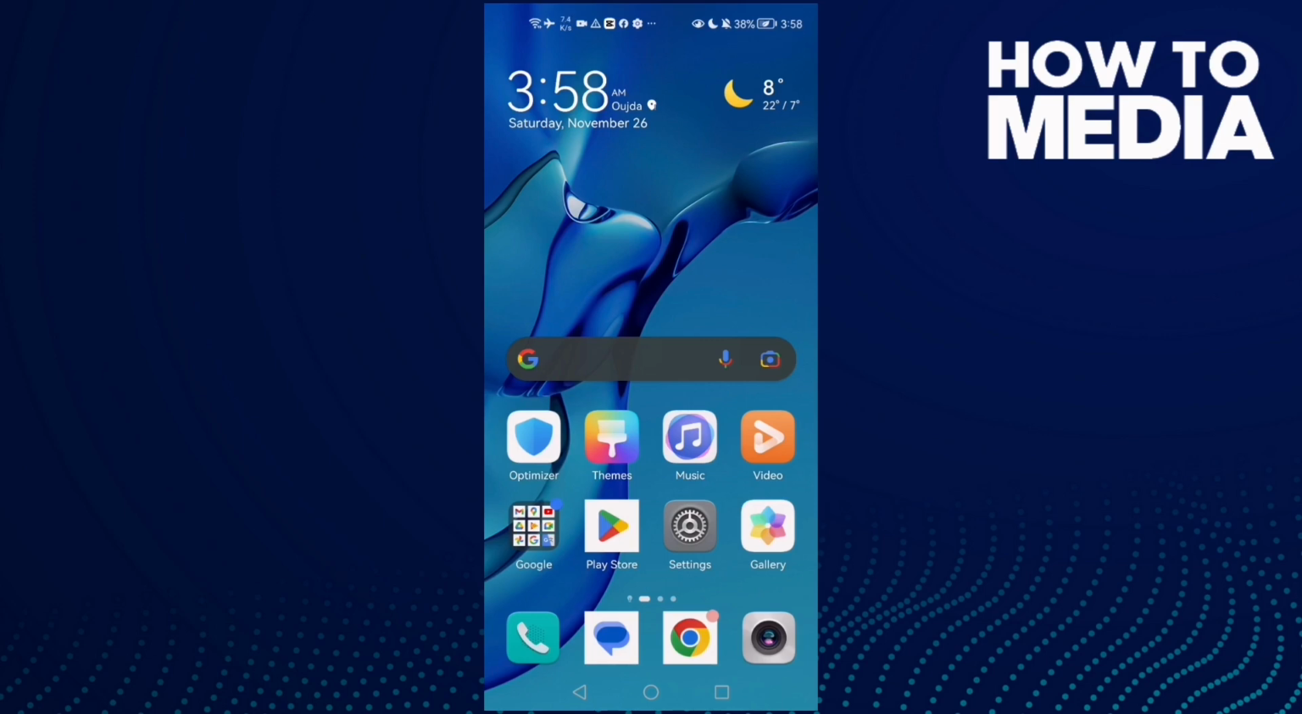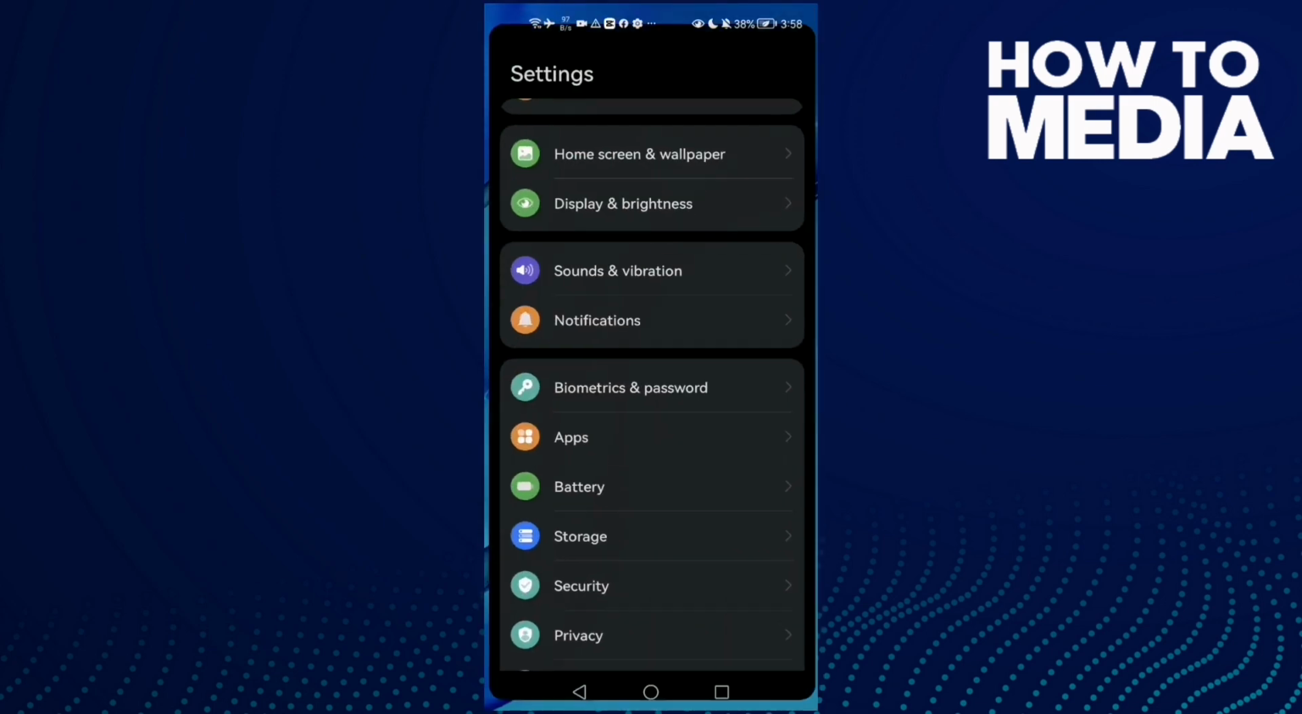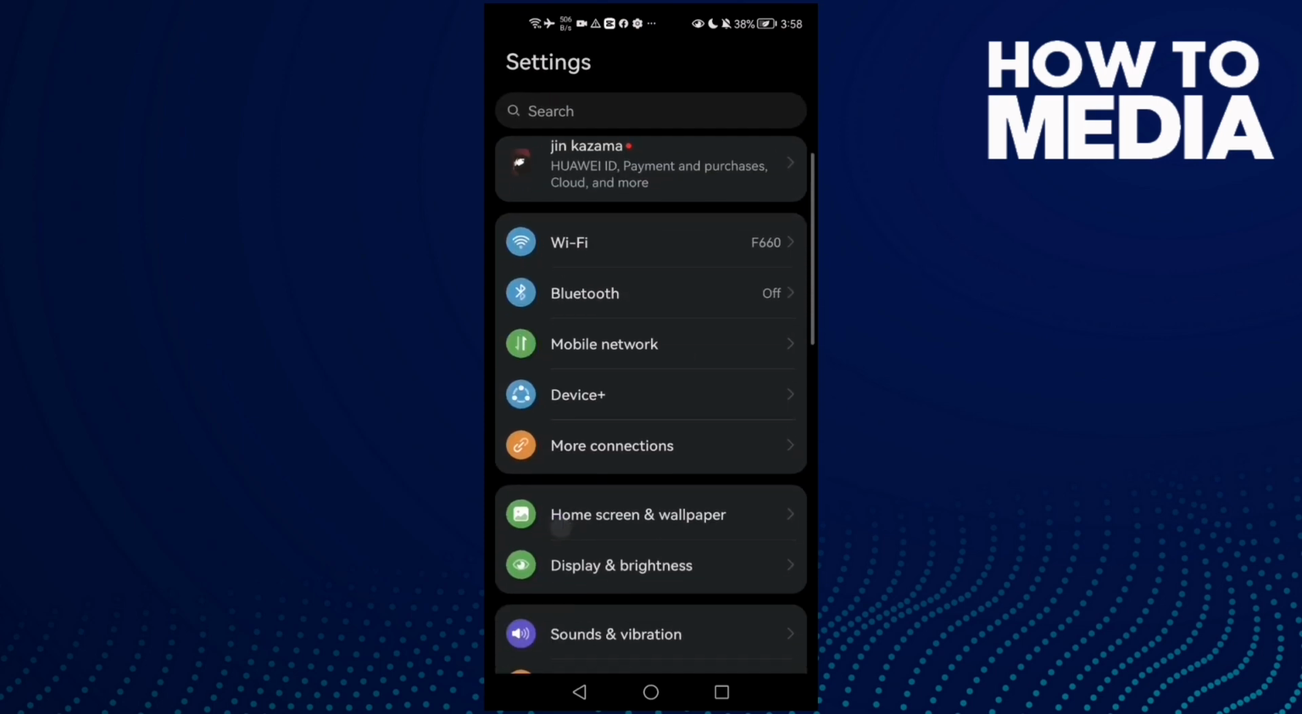How to fix Instagram problem on Android or iPhone. First, go to Play Store, and here just see if there's an update for your Instagram, and then just update your Instagram. And if you can't find any update here, go to settings, and if you have an Android phone,